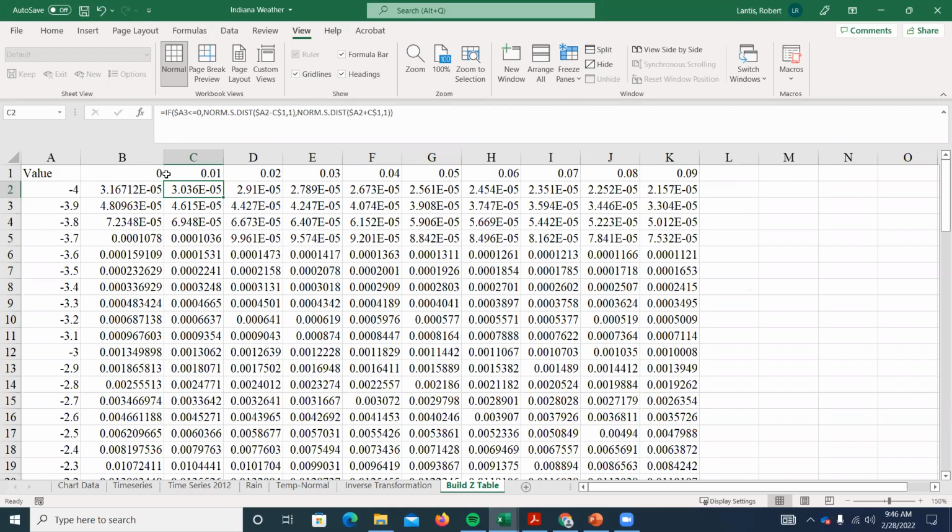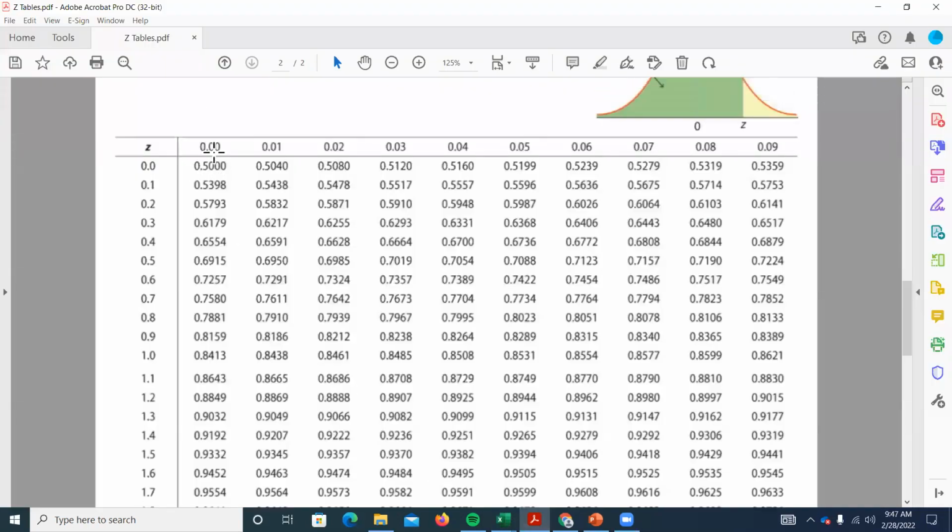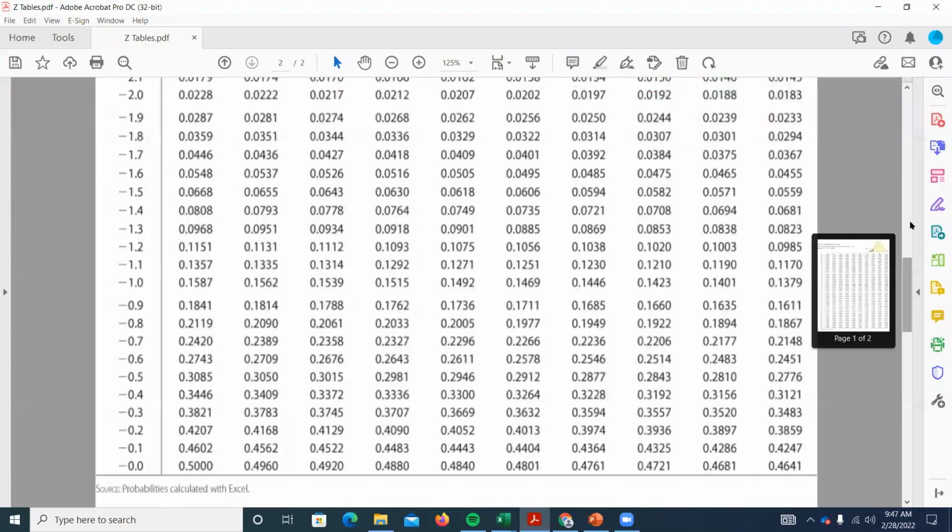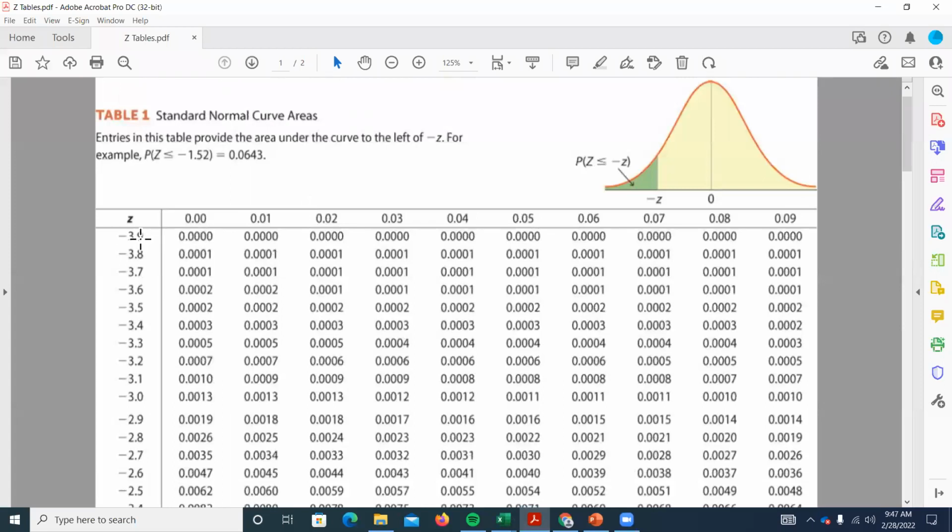We haven't really done anything like this up to this point, and I won't necessarily expect you to do this. I'm just making you aware that you can in Excel. So we had that standard normal table. Well, if I can find these cumulative probabilities in Excel, I can actually build that table myself. Imagine here I just use the norm.dist function for the z-score of negative 3.9, I could get that probability. Use that norm.dist function for negative 3.8, I could get this probability, but I can be even more